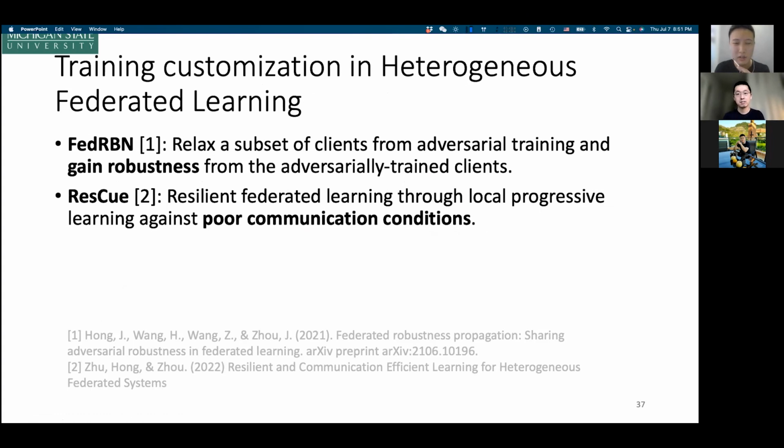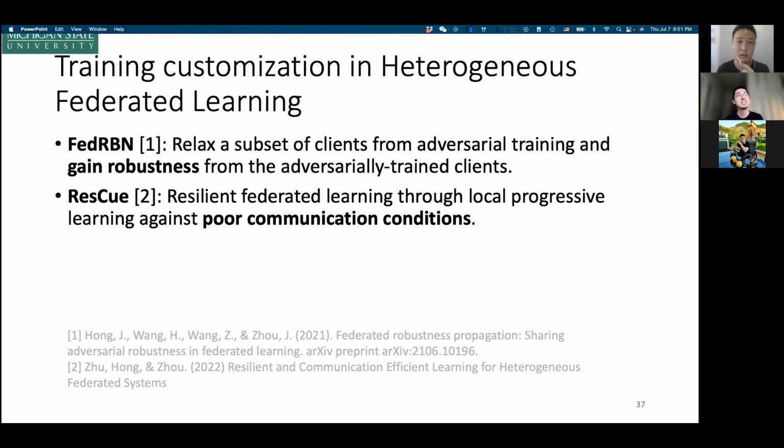So if there does not exist any client that can afford adversarial training, and only a central model in the server is an adversarially robust model, can it also transfer the batch normalization layer from the central model to some client models?